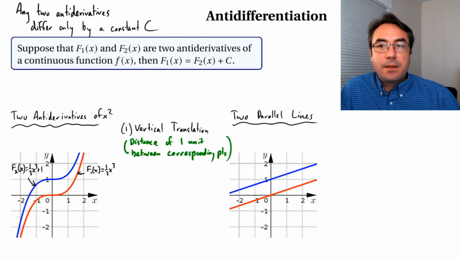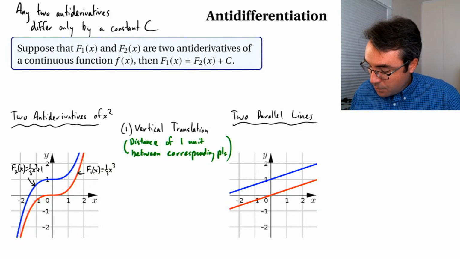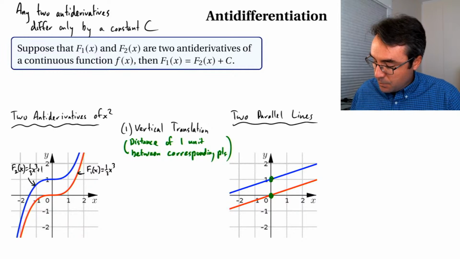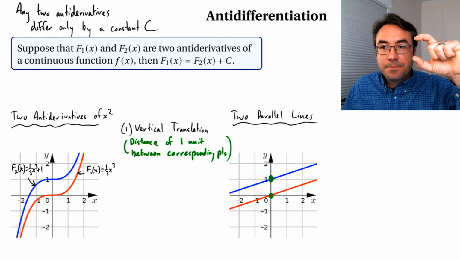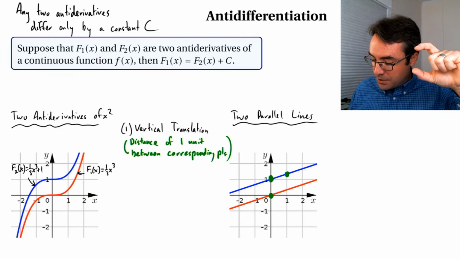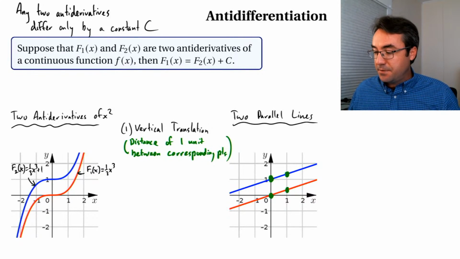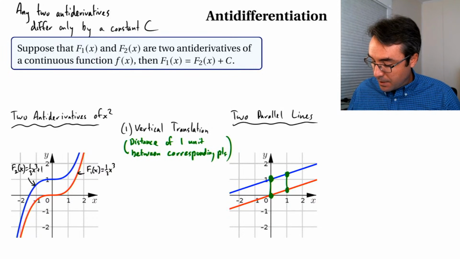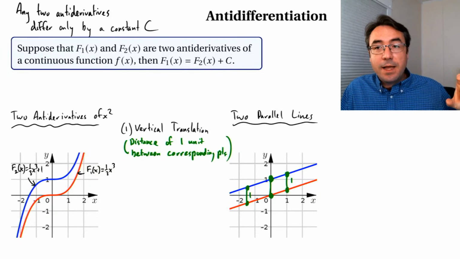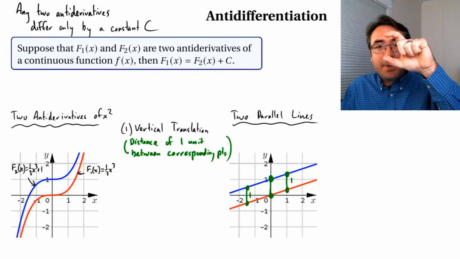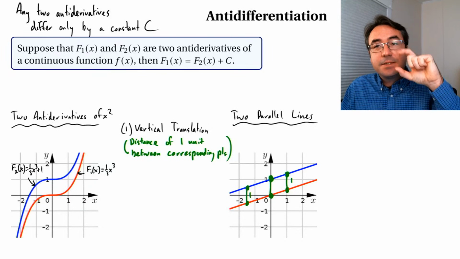So let's look for parallel lines. Let's pick 2 corresponding points, 1 on each line, and the distance between those 2 points is 1. What about these 2 corresponding points? Well, the distance between those 2 points is also 1. And maybe one more, these 2 points. What's the distance between those 2 points? Well, in this case, the distance is 1. So for those 2 parallel lines, if you pick any 2 corresponding points on those lines, the distance between them